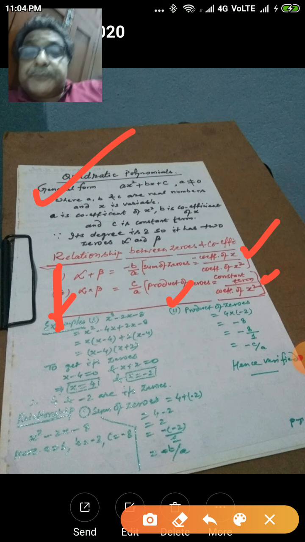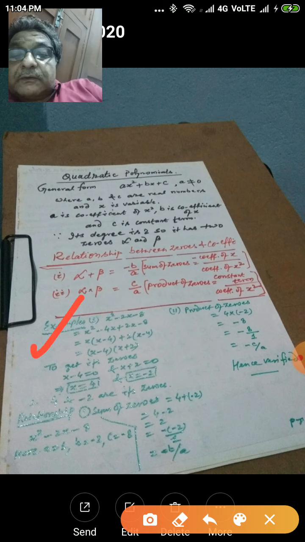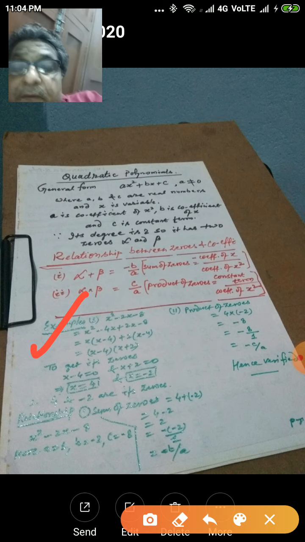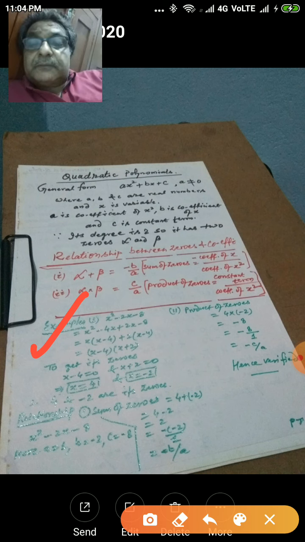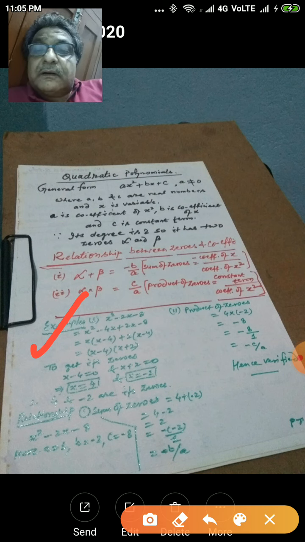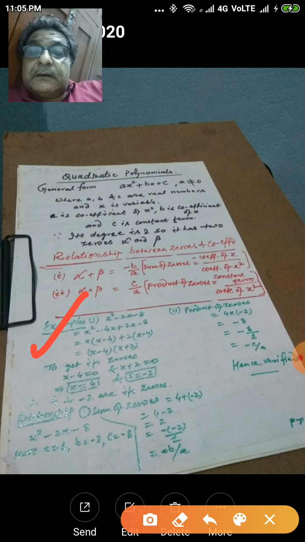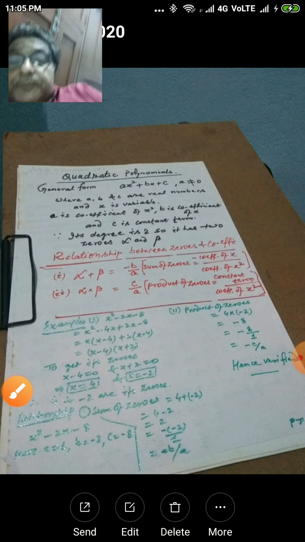exercise 2.2. So let us take an example from our NCERT book, that is from exercise 2.2. There is an instruction that find the zeros of the following quadratic polynomials and verify or establish the relationship between zeros and coefficients. So here the work is in two parts to perform. First, to find the zeros for the given polynomial, and secondly to establish the relationship between these zeros and their coefficients. So let us take these things one by one.